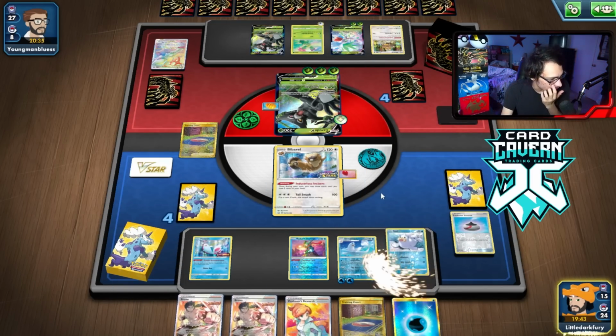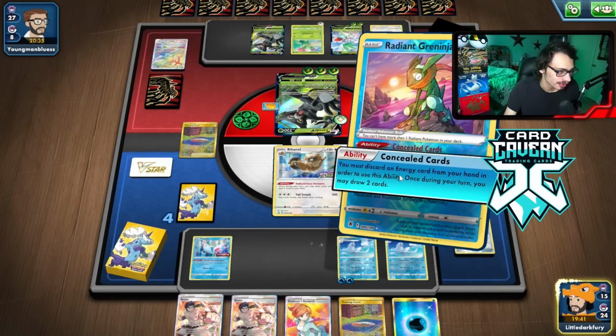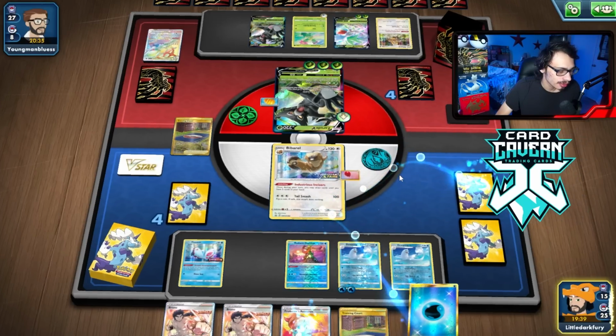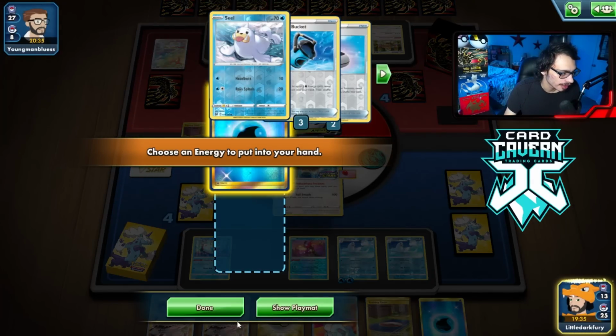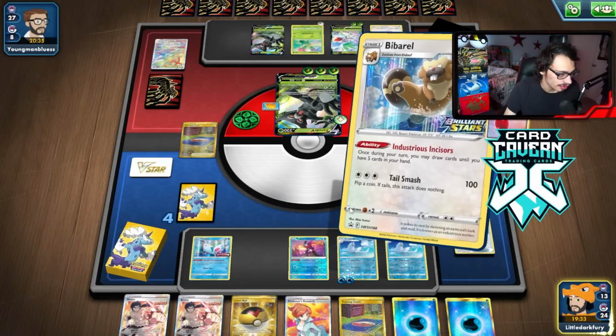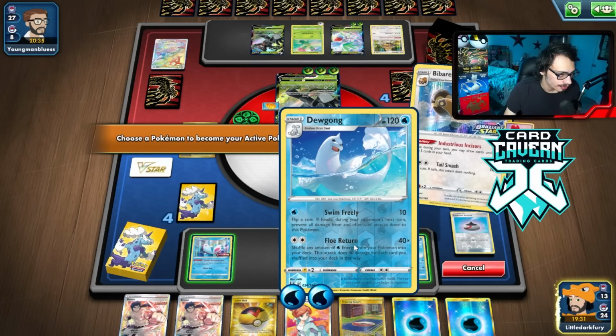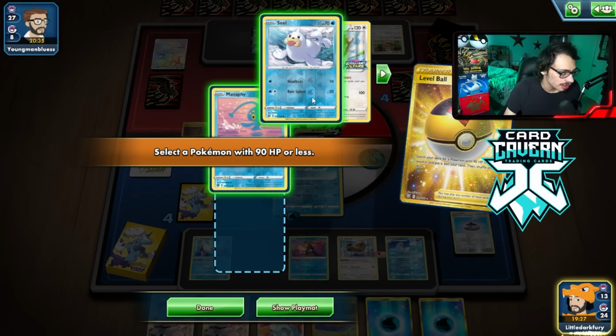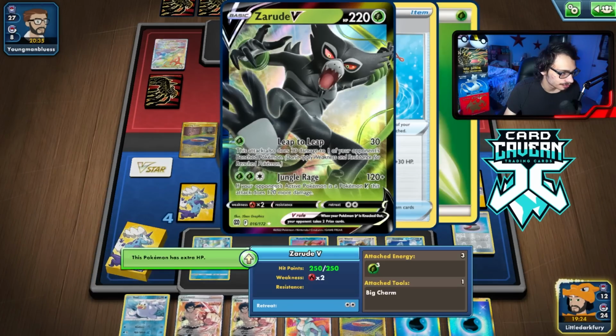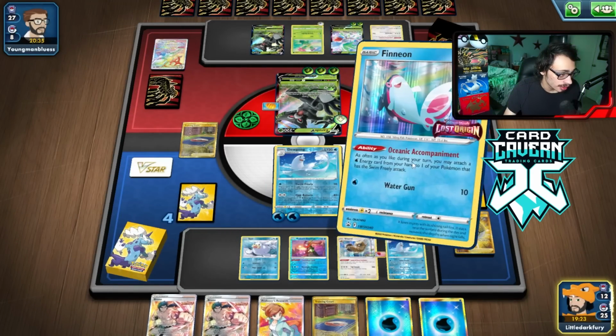Yeah, we definitely don't have a KO here. I'm pretty sure it's impossible to KO this Zarude. But we'll see what we got. Yeah, okay. We'll still hit the Zarude super hard at the end of the day. That's still fine with me. Level Ball, grab Seel, because we do need Seel. Keep up the Seel spam, and then we'll...